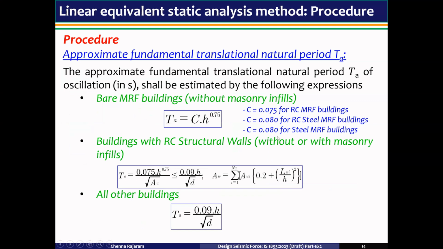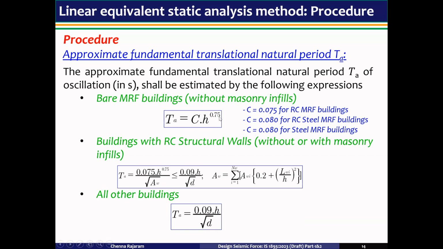Now on the x-axis, we have the time period. Now how to calculate the time period using IS 1893? The approximate fundamental translational natural period, that is TA, of oscillation shall be estimated by the following expressions. Here, for the calculation of time period for various cases, the equations are given. For bare frame, moment resisting frame buildings without masonry infills, the time period TA is equal to C into H